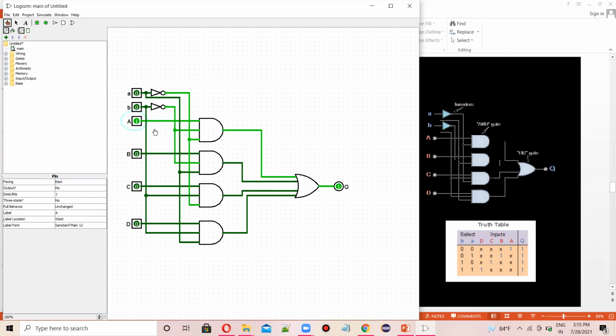Now let's change only the B. Now if we change only the B, here we have to change the selector. Here in the selector, it should be 0 and 1. So here A should be 1. So let's change A also 1. Here also we can see that it is perfectly working. Now this is also correct.